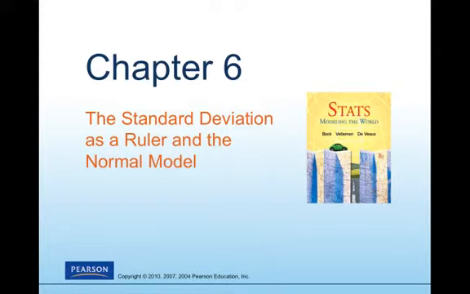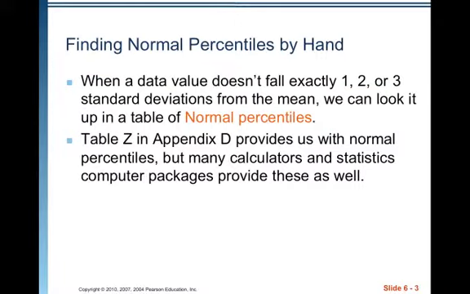Last time we talked about the 68, 95, 99.7 rule, and that's great when everything's exactly 1, 2, or 3 standard deviations away from the mean. But when a data value doesn't fall exactly 1, 2, or 3 standard deviations from the mean, we can look it up in a table of normal percentiles. We can also use technology like our CASs to find these things out, and we're going to go over both methods. Table Z in Appendix D provides us with normal percentiles, but many calculators and statistics computer packages provide these